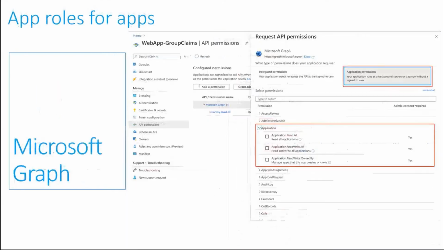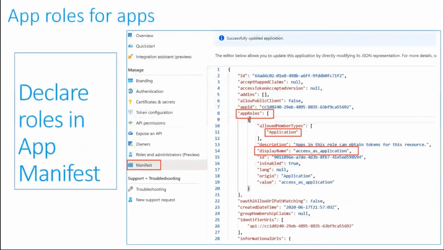Very good example. If you want to explore this in detail, I always ask developers to study how Microsoft Graph has done it, because it explains a lot of things on how you want to design your various application roles and scopes, which I'll cover later, for your own applications and services.